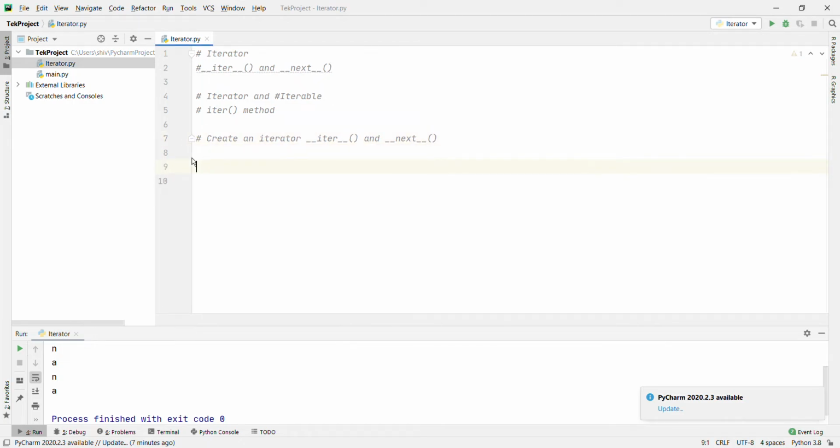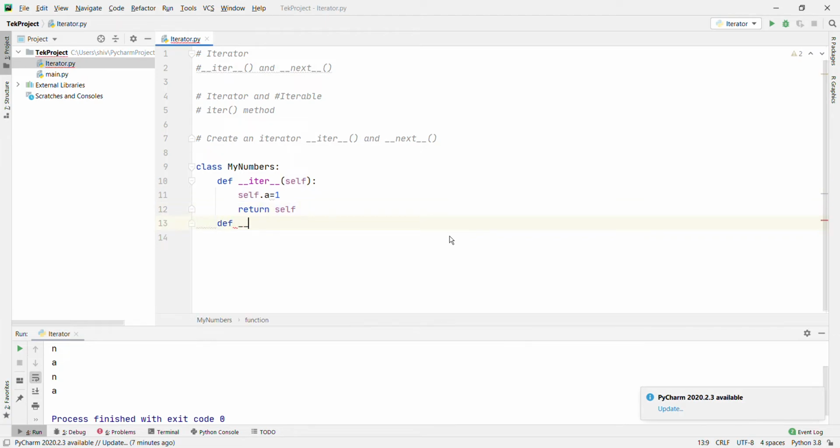Okay, let's go with the iterator example. Let's first create a class MyNumbers and then define iter. Self.a equal to 1, return self.